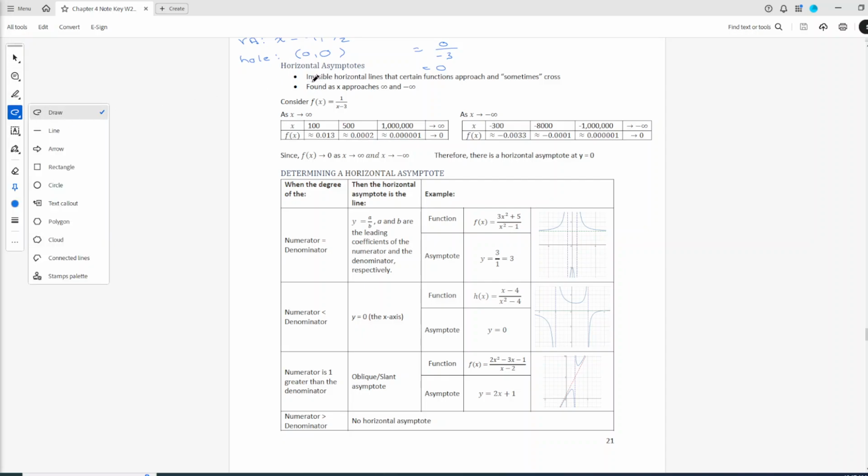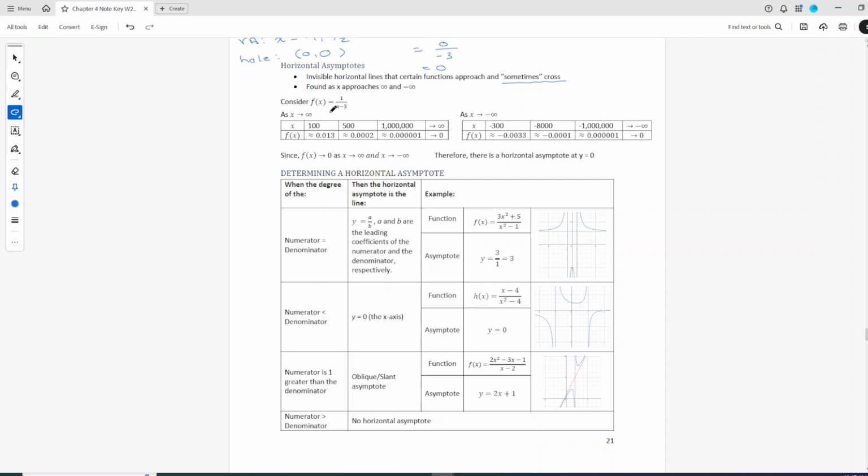So horizontal asymptotes are still invisible lines, but this time they're invisible horizontal lines that certain functions approach, but this time they can sometimes cross, which is kind of confusing. So a vertical asymptote you will never cross, but a horizontal asymptote can sometimes be crossed and sometimes not be crossed. So when you're thinking about finding horizontal asymptotes, you can find them as x approaches infinity and negative infinity. So not as x approaches a certain point, like 3 or 1, but as you just approach infinity and